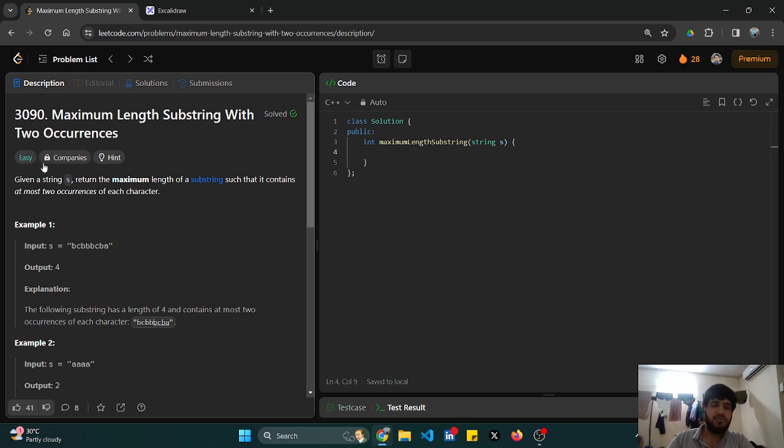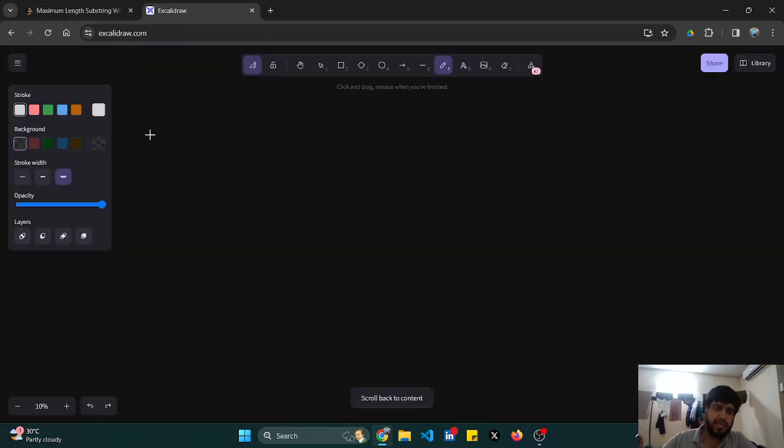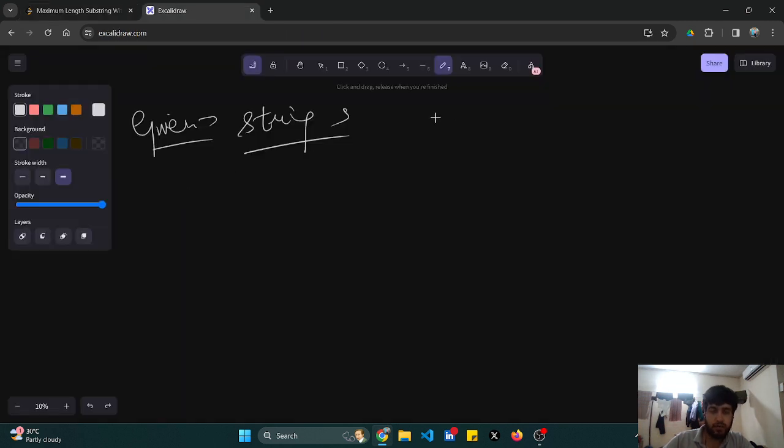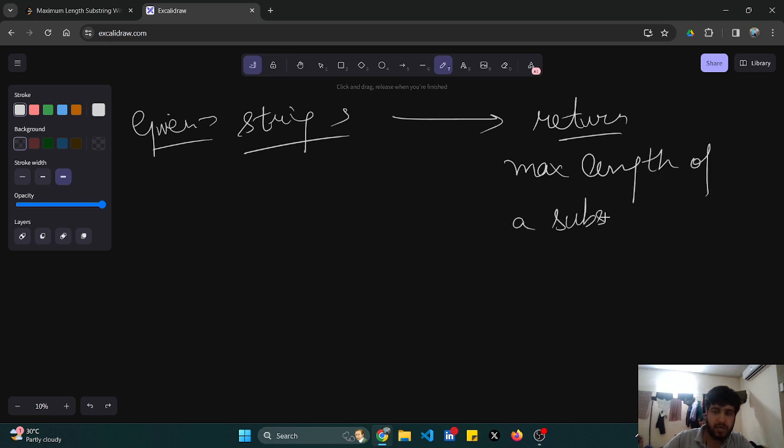Given a string s, return the maximum length of a substring such that it contains at most two occurrences of each character. So we are given a string s. What I have to do is return the maximum length of a substring such that